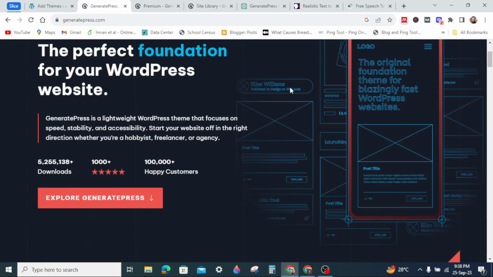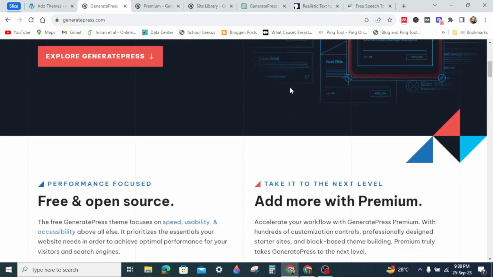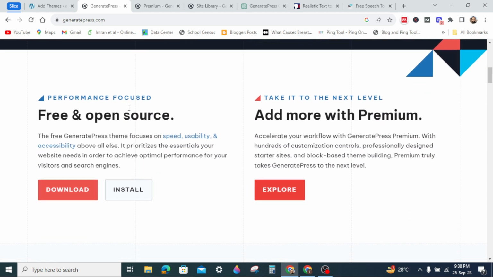Today I will talk about GeneratePress. GeneratePress is a WordPress theme. It's lightweight and focused on speed, stability and accessibility. First of all, you can directly download it from there or you can install